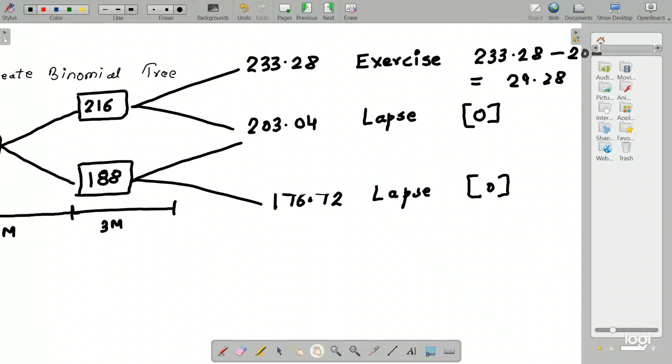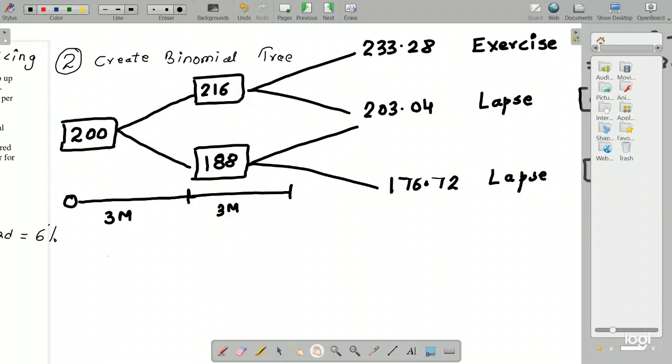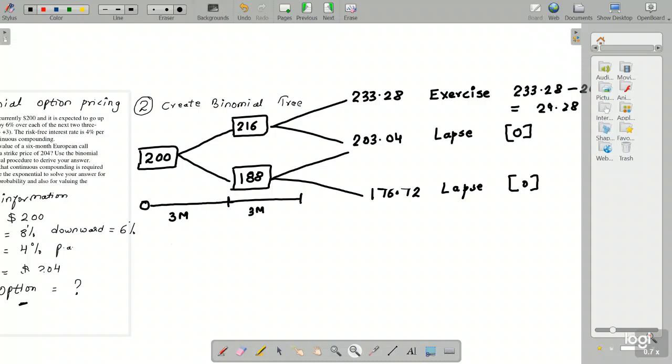Now when I created this binomial tree, I also get to know my projected future cash flow. So this 29.29 is what I'm calling the payoff, my projected future cash flow. That is completely dependent on the probability, how much is the chance that it will go up by 8% or the chance that it will come down by 6%, right? So we are supposed to calculate the probability out of it. Now how to calculate the probability? So let's see how we calculate the probability.